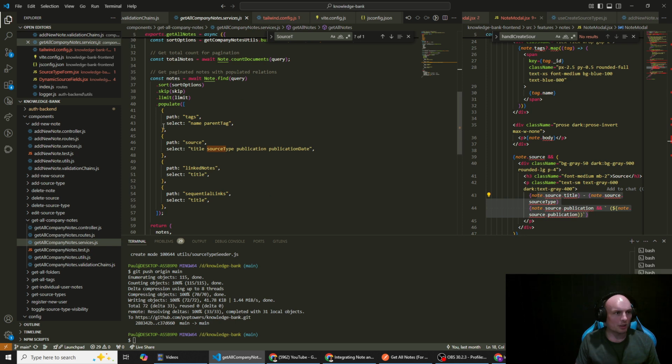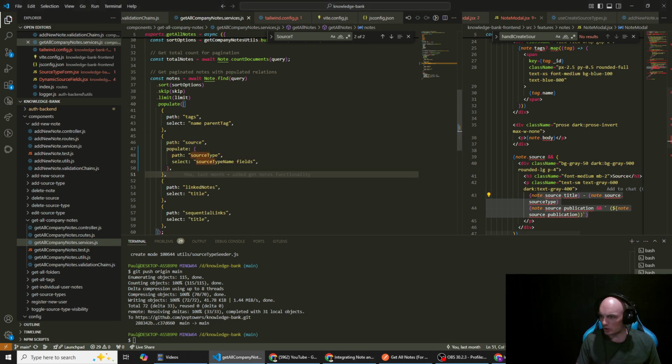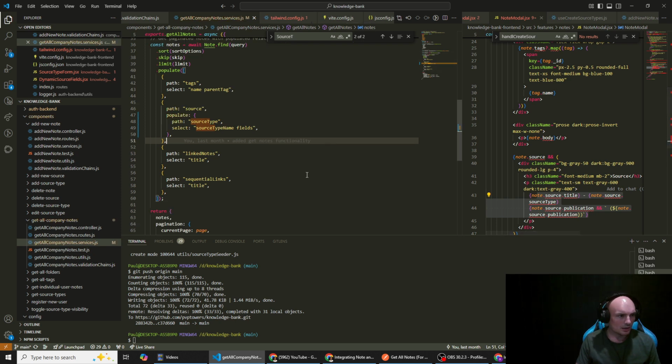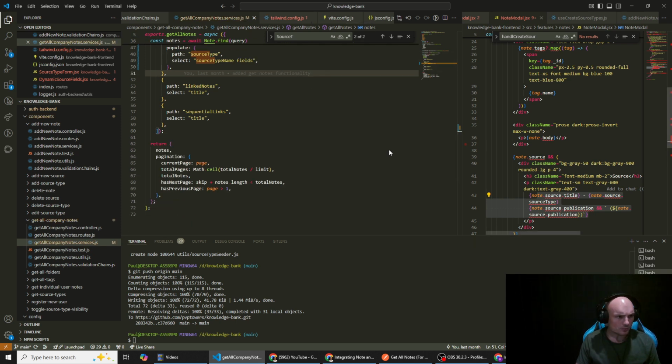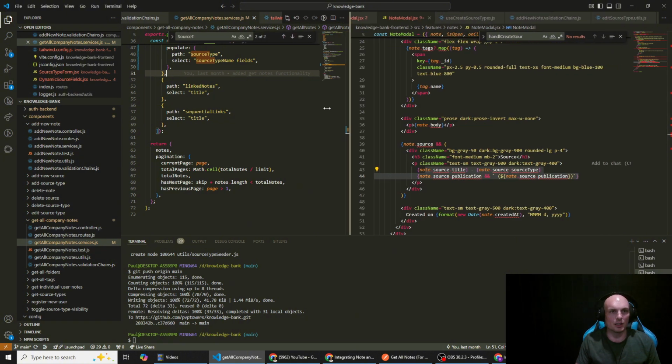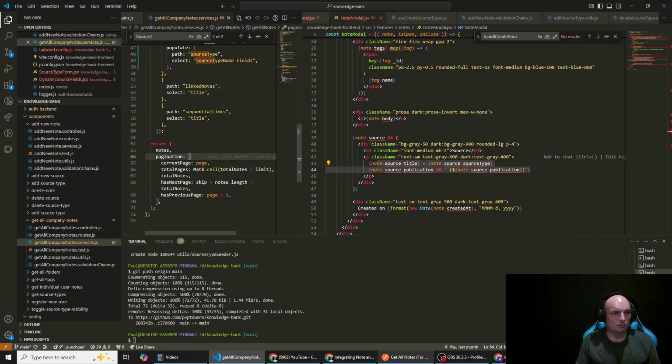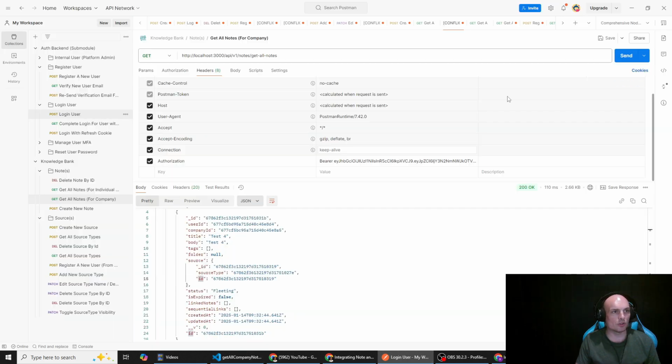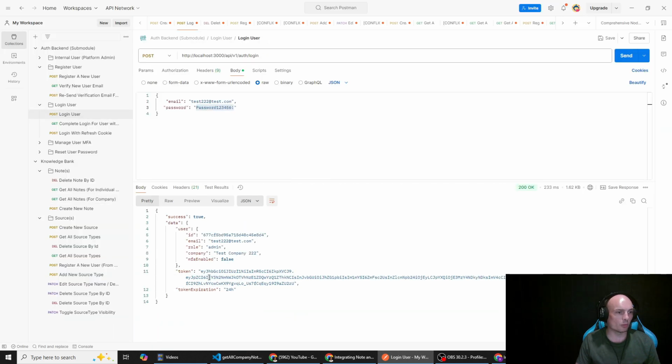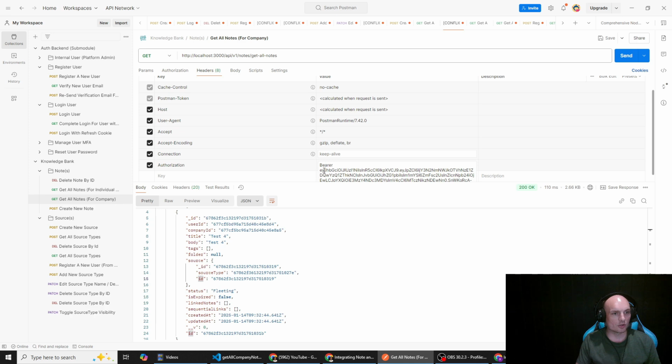Notes, so we are populating tags, we're populating source, but we need to do a nested populate. So this is the main part that's going to change there. Link notes, sequential links, and then we return our data. So I think that should pretty much fix that up. And then in the note modal, actually we could test this very quickly. We'll need to log in again, so we'll just log in as this user. It will mean we need to log in again on the front end, but that's okay. And we'll go get all notes for company, header, change this,